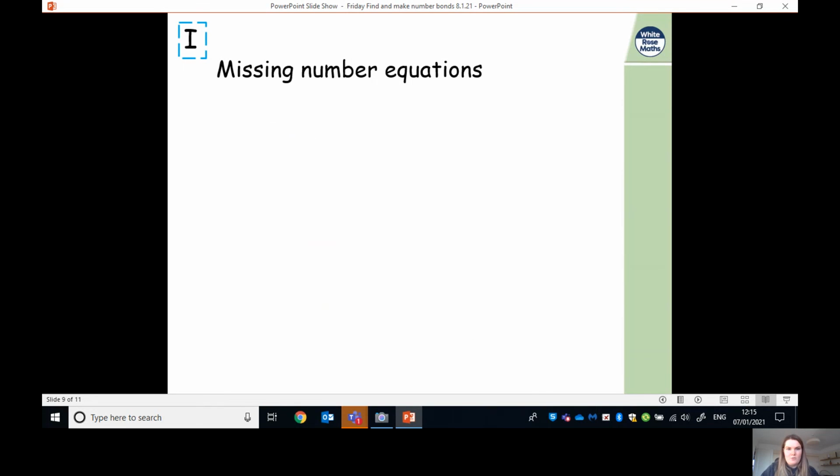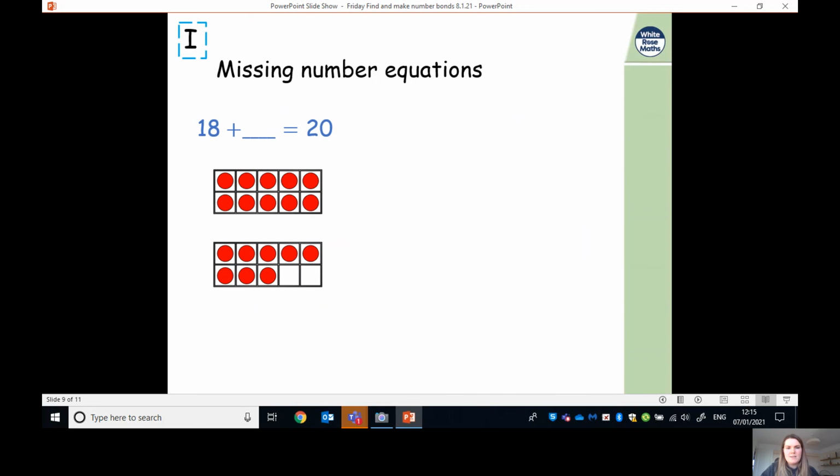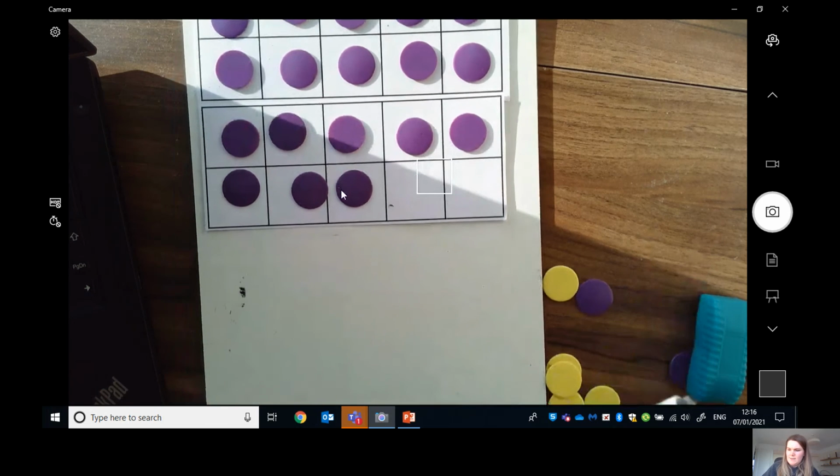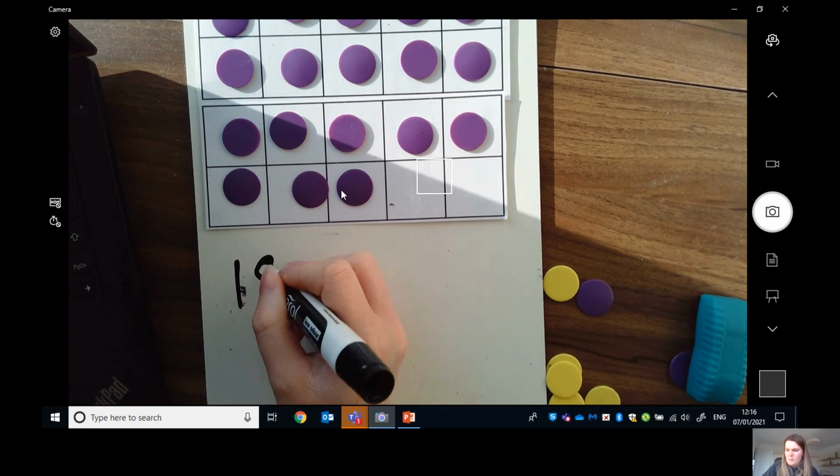So because you know your number bonds, we can figure out missing number equations. For example, we can figure out what 18 plus something makes 20. We can figure this out because we can find and use our number bonds and the grid to help us. And I'm going to show you how. The first thing that I need to do is write my equation. So I'm writing 18 plus